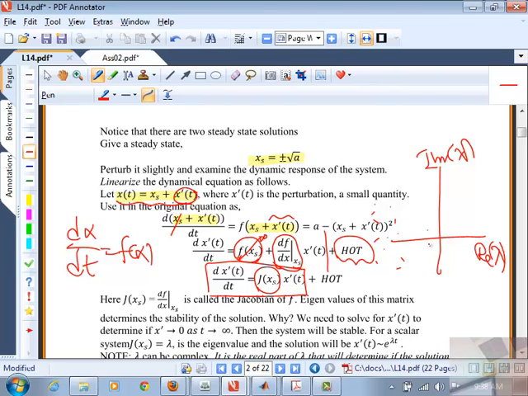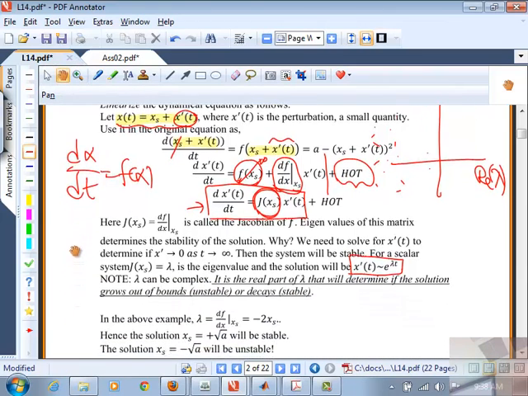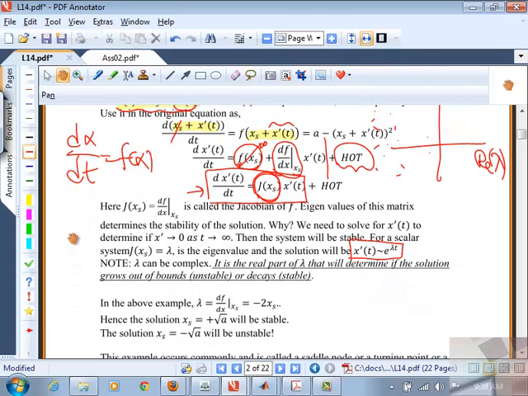What you should understand is what linearization is and why the eigenvalues of the Jacobian give you information about the stability. The solution for x prime is given by something like e to the power lambda t, where lambda is the eigenvalue. Take that, plug it into this equation, and you will get an eigenvalue problem. I think we have done that before. The eigenvalue problem in this particular case is going to be trivial, but in general, if you plug it in here, you will get J x hat equals lambda x hat,